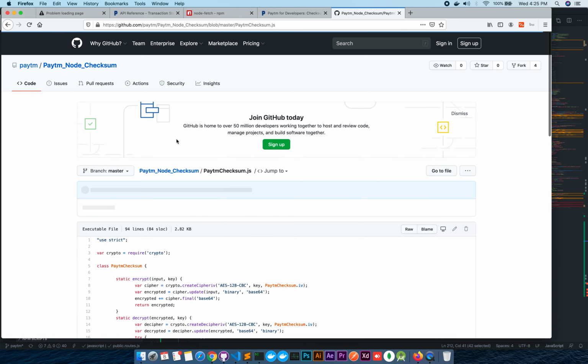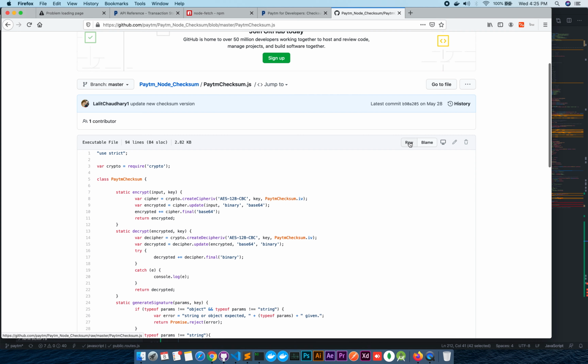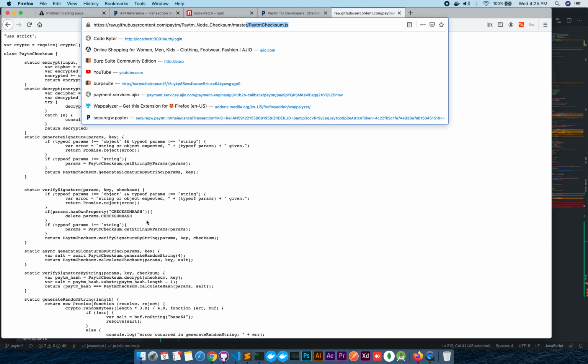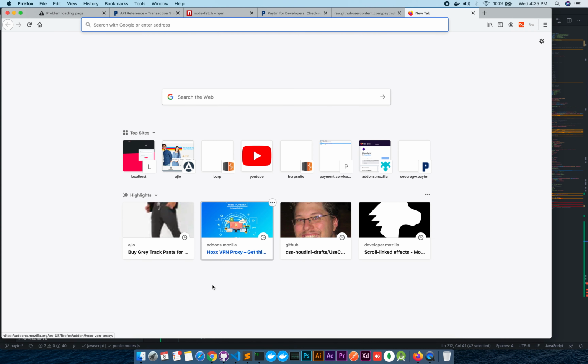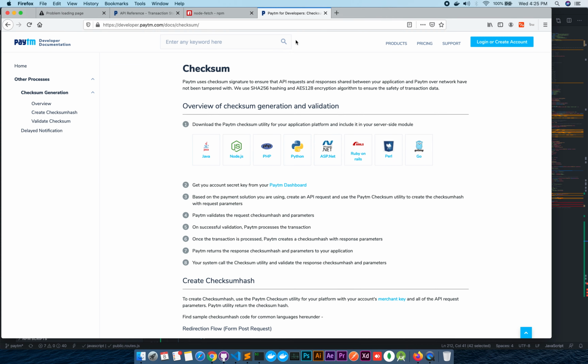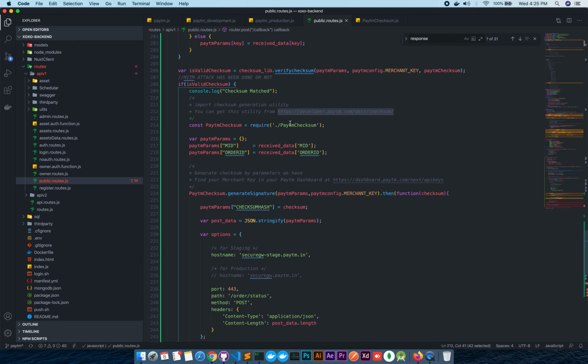You can also go to this file, click raw, and use wget to download it, or you can manually copy and paste, whatever you prefer, and then just import this file in your route file.